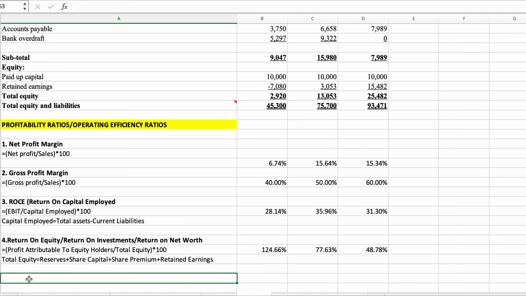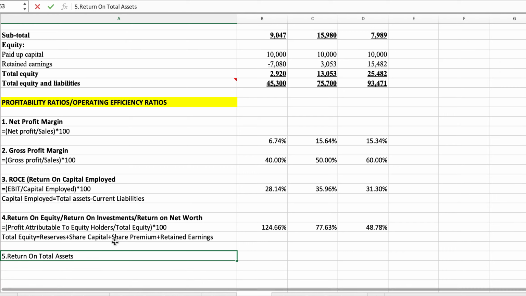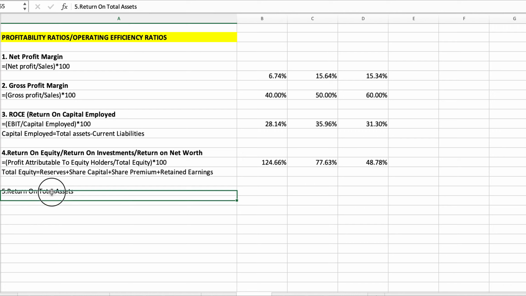Let us move to ratio number 5 under profitability ratios, which is what we call return on total assets. So how do you get return on total assets? Return on total assets is given by